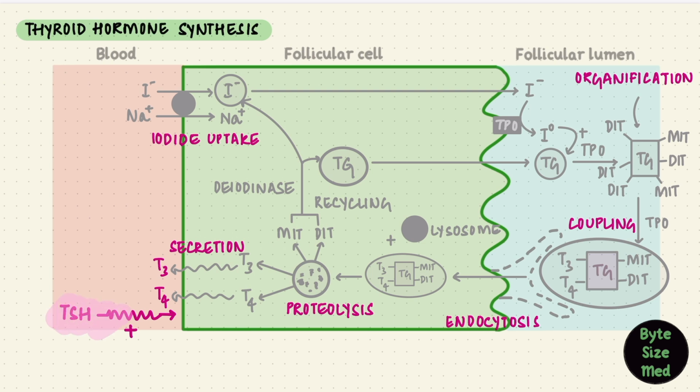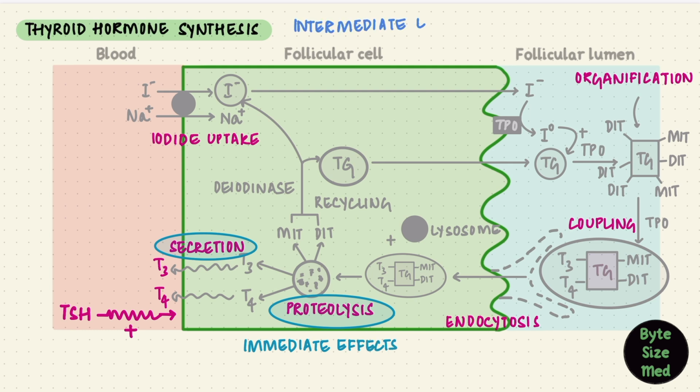It's when the thyroid gland gets stimulated by TSH that the endocytosis of colloid from the follicular lumen with those hormones happens at all. The earliest effects of TSH would be on the last few steps, the proteolysis and release. These are the immediate actions. The effects on the rest take longer. The intermediate actions of TSH would involve protein synthesis. What kind of proteins? The sodium iodide symporter, thyroid peroxidase, etc.